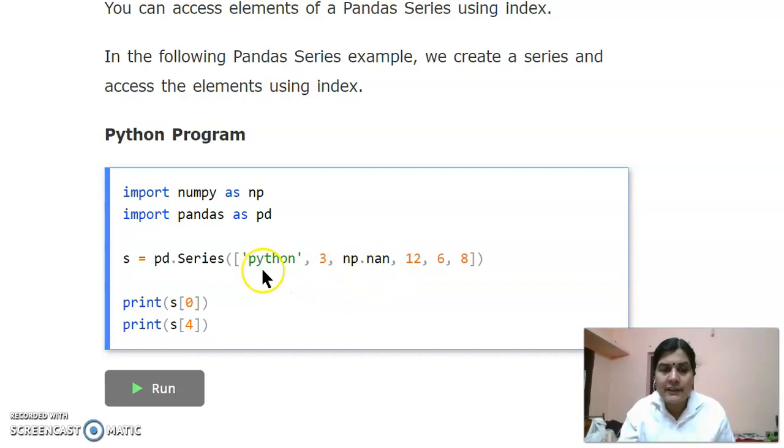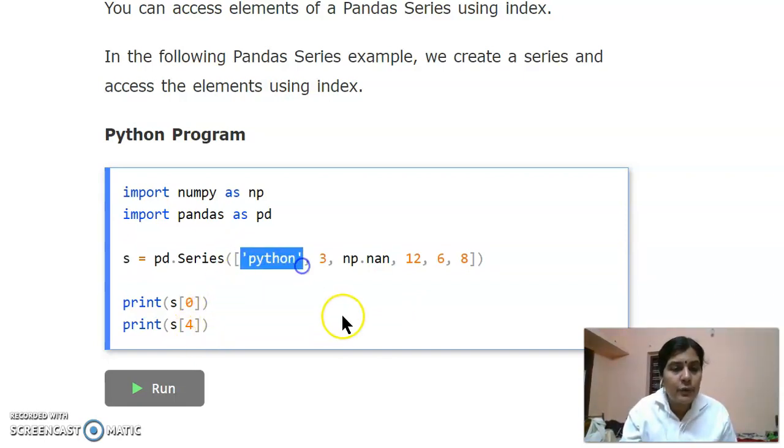That means the first element is Python, second 3, then third NaN, then 12, then 6, then 8. We can access an element by giving the series name, S, followed by square brackets and the position. S of 0 will give the output Python. S of 4: 0, 1, 2, 3, 4. 4 will give the output 6.